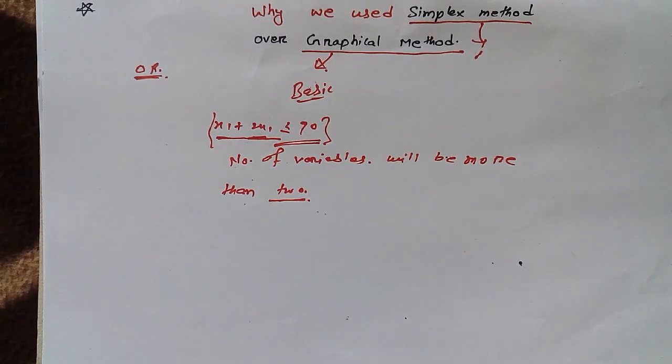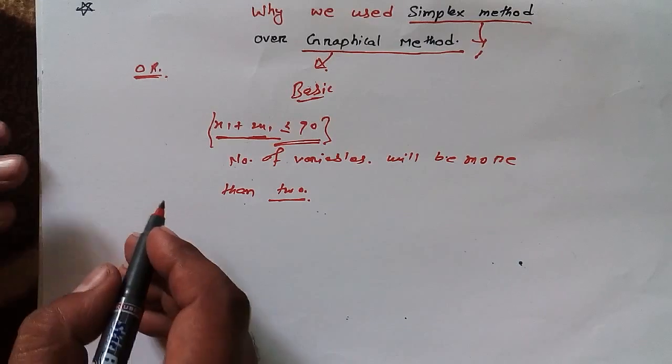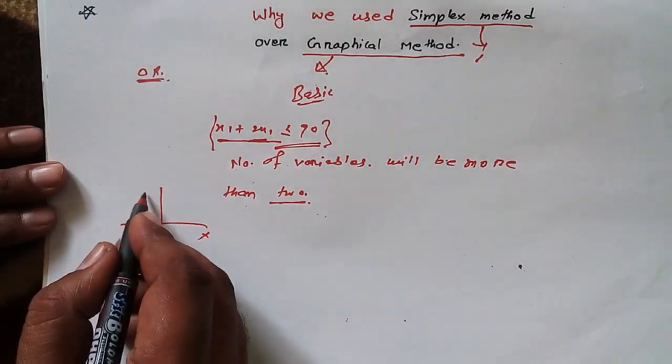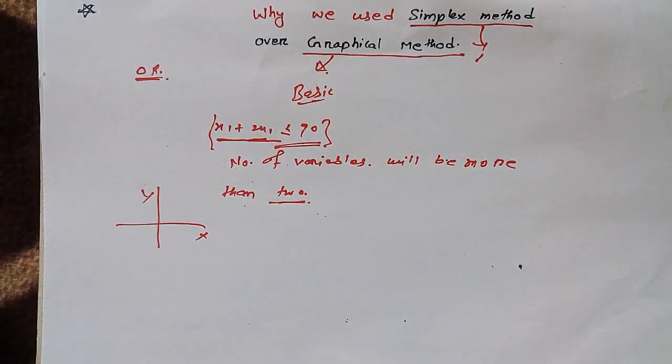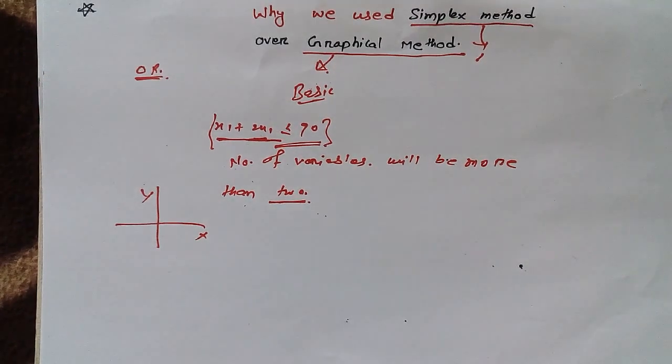This is one of the biggest reasons behind using the simplex method over the graphical method, because in a graph we can only draw a line if we have two variables, because there is only the x-axis and y-axis. So this is one of the biggest reasons we have the simplex method, although the simplex method is much more